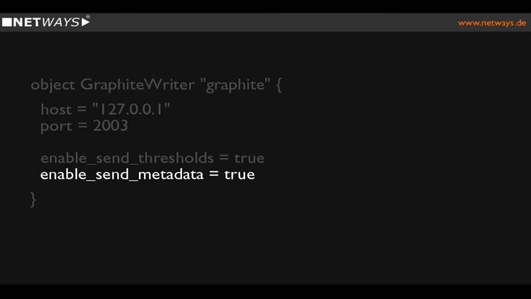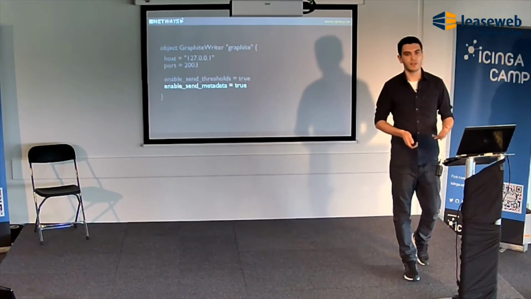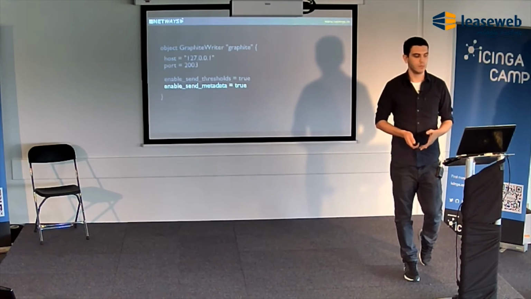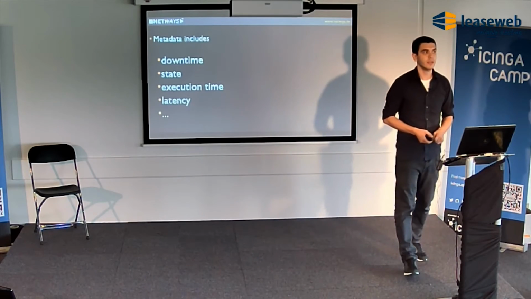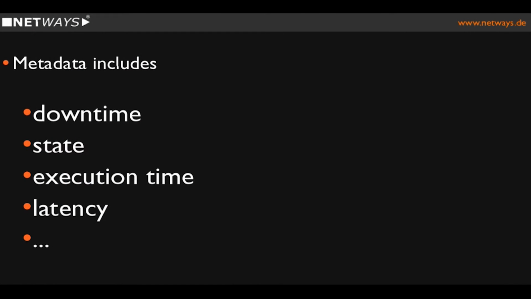It's the same in this case. There's a parameter to get this data called enable send metadata, where downtimes are only a part of these metadata. There's even more. By default, this option is set to false, so you have to enable it. And with these metadata, there doesn't come only downtimes, but also some other things like what was the state of this check at this point,